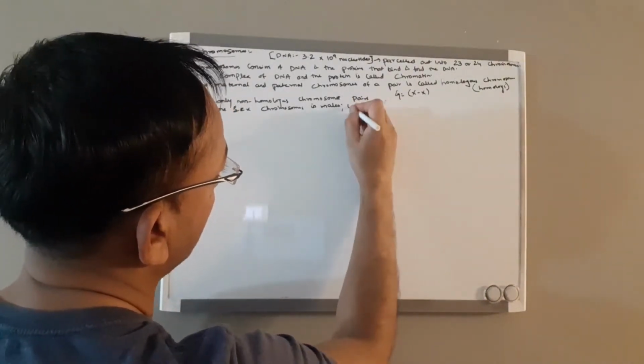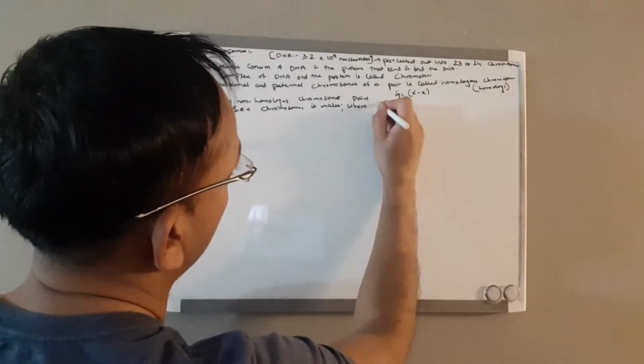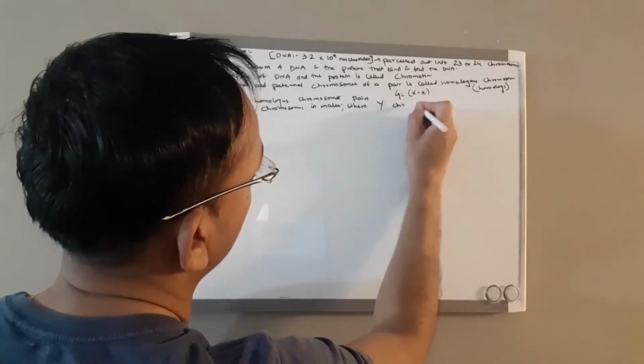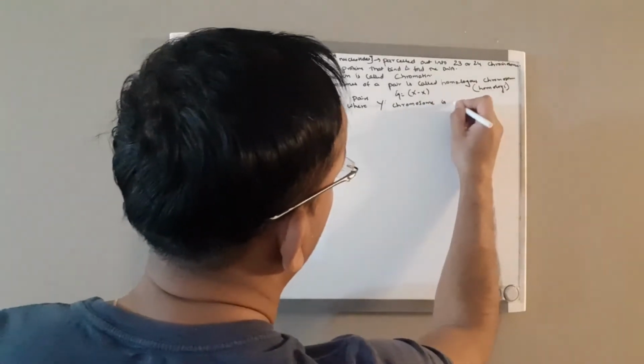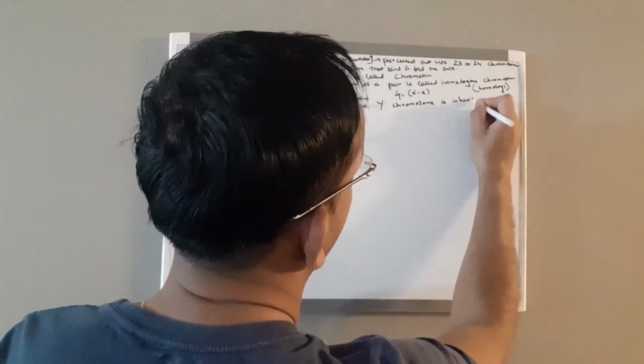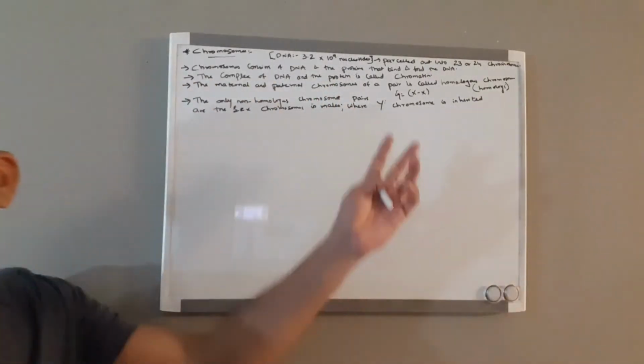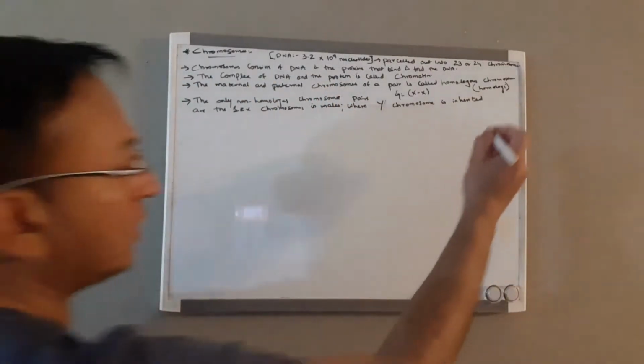Let me just write it down like this. So the Y chromosome is inherited from the father,